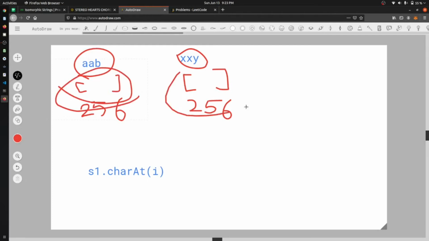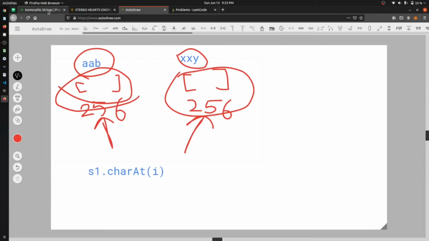In a similar way, we will go at the x position in this array and increase it by 1. And we will just check whether the element present at the position of a and the element at x are equal, then we will say that yes, they are isomorphic. If this is not the case, then we will just say that it's not isomorphic.